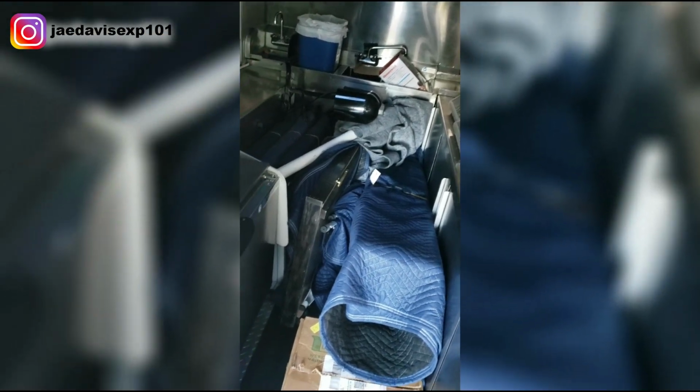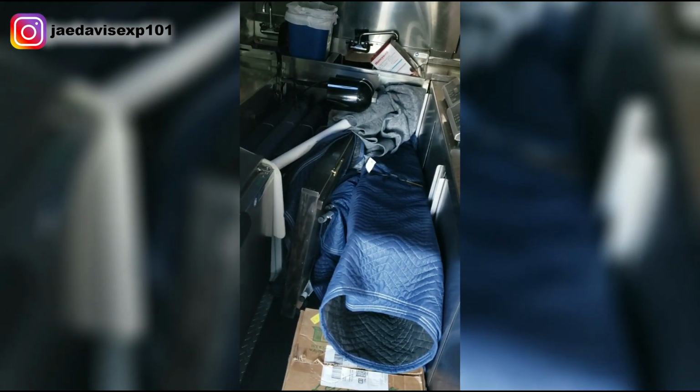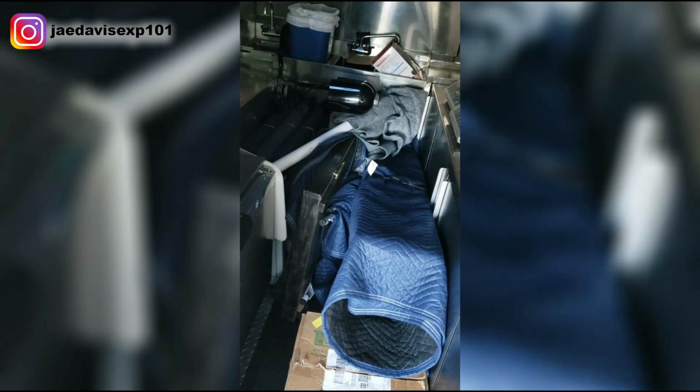So this is before our activation today. We've already placed our vehicle. Now we're about to start taking all the assets out of the vehicle and get it ready and prepared